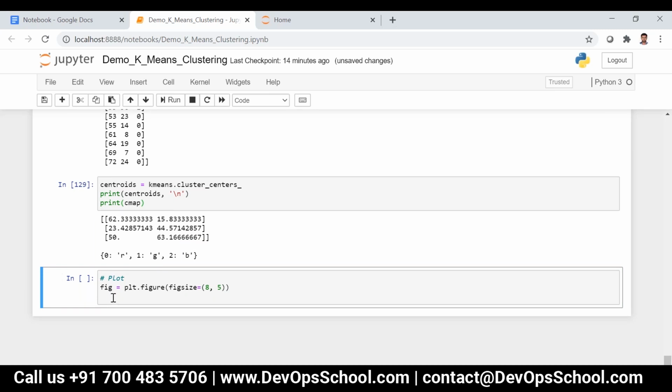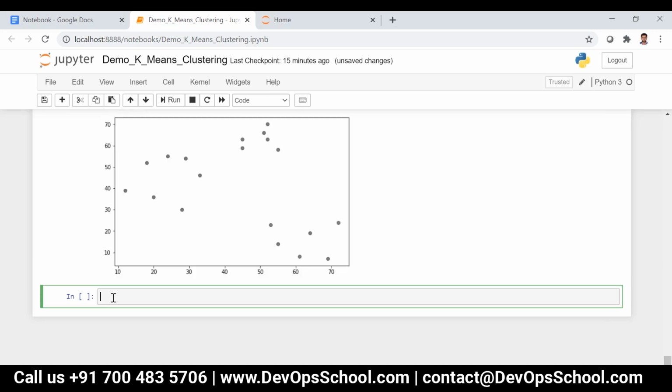So I don't want to change it actually. Okay, and then similarly I can say plt.scatter of df of x, comma df of y. Then I can just say color is equal to colors. For example, see here we need to assign the color basically. That is what we did in our example. Let me just write alpha is equal to 0.5 like this. Now you can see something like this.